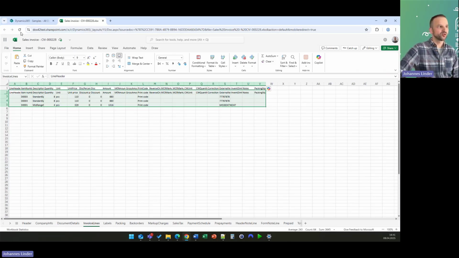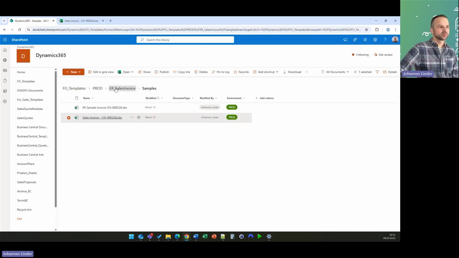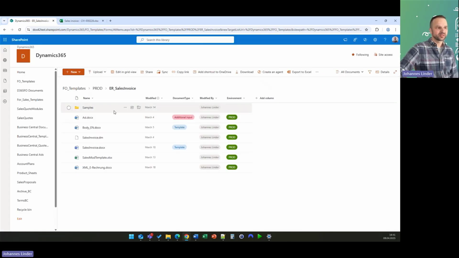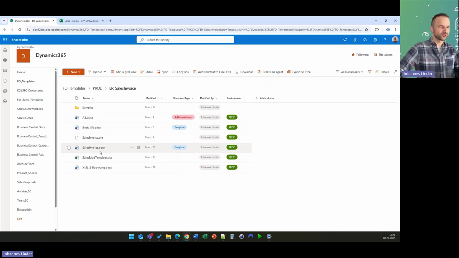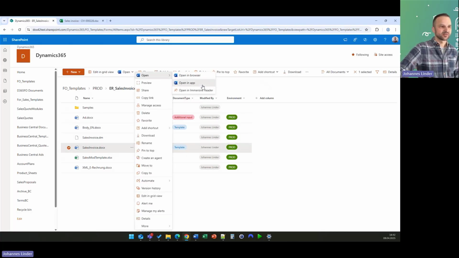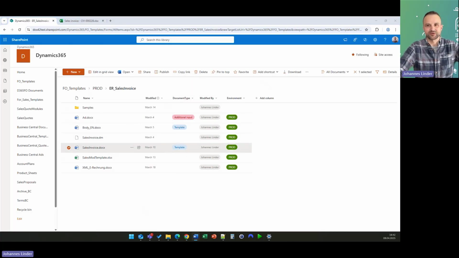And how do we do that then in dox42? What we will first of all need to set up is, if we have a look into our invoice template, in this case, it's for all languages. As you see, it doesn't have a language code at the end. And if we open this directly in Word,